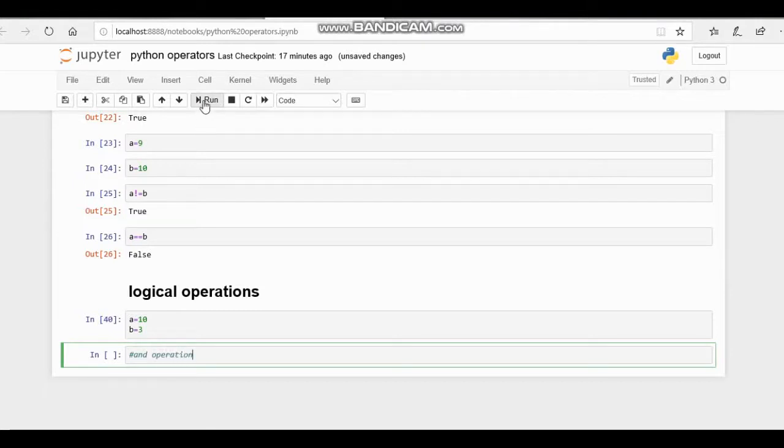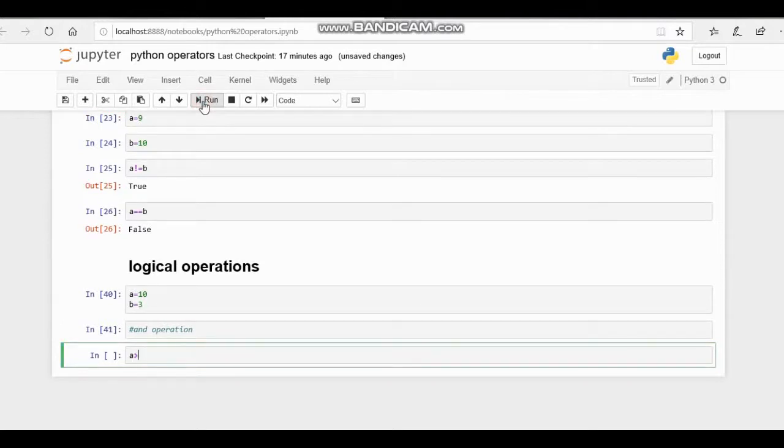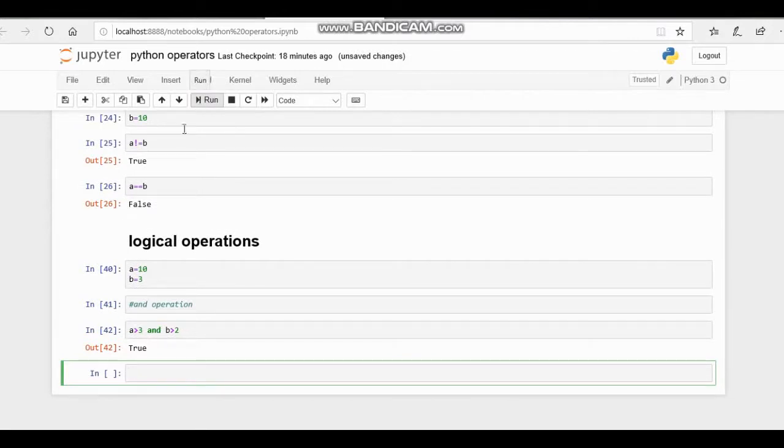Example: A greater than 3 and B greater than 2. Here it checks whether 10 is greater than 3. Yes, it is true. And 3 is greater than 2, yes, it is also true. So true and true will give true. So it will print true. That's how the AND operation checks it.